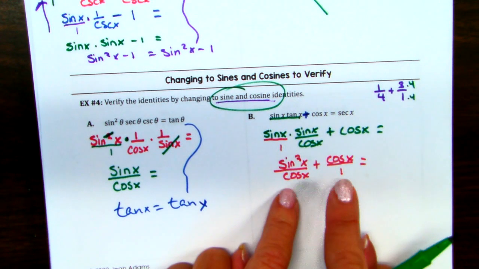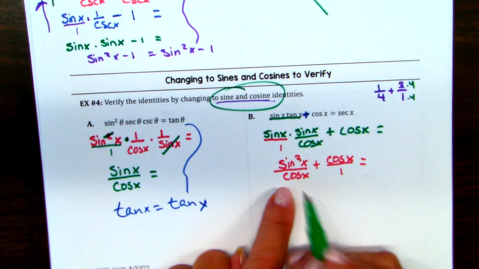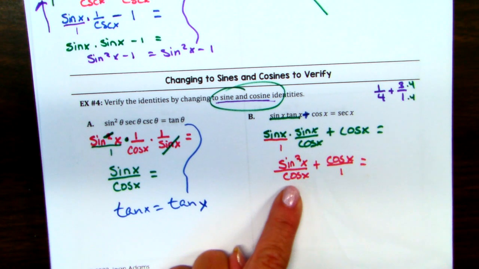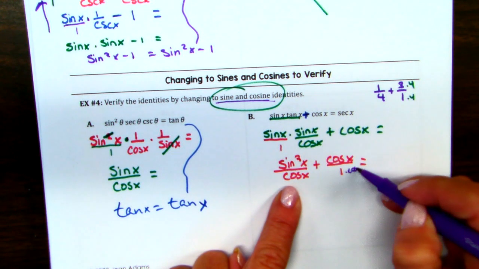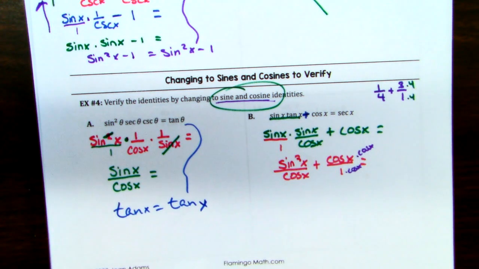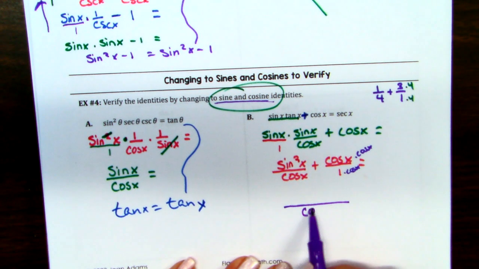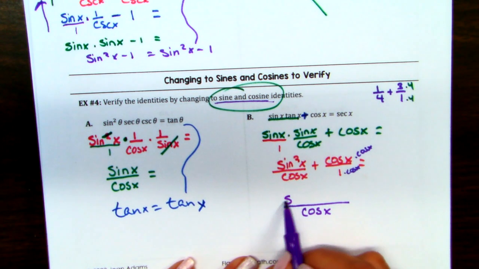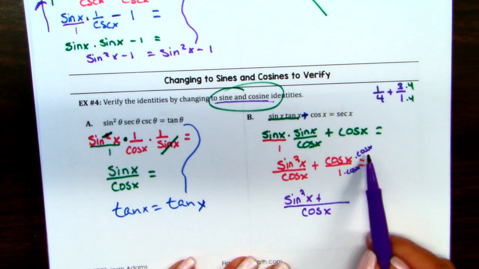What's my common denominator for these 2? Cosine, right? So I don't need to do anything to this fraction. It already has that denominator. I have to multiply this guy's denominator by cosine x and his numerator by cosine x. Remember, you can do anything you want to a fraction as long as you do it to both the bottom and the top. So now I have cosine x as my common denominator, and I have sine squared x plus cosine x times cosine x,